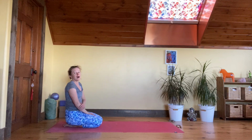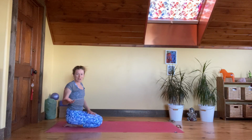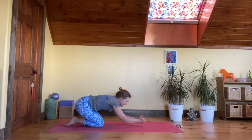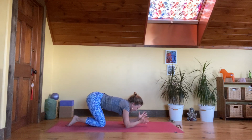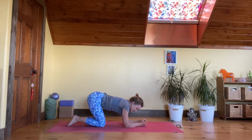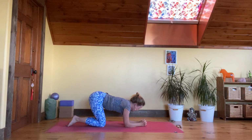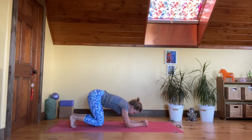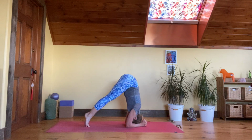If you are comfortable trying your headstand, that's probably why you are here in this class, then take your hands around the elbows and interlace your hands. So the elbows and hands is a good measure to have the shoulders stacked right above the elbows. Interlace your hands, come into your half down dog, walk forward, take the top of the head towards the floor,